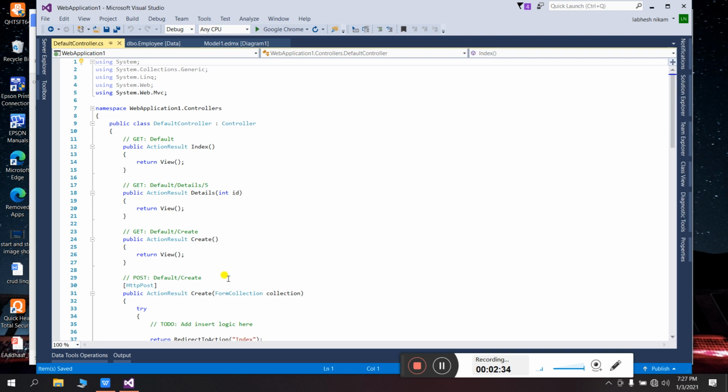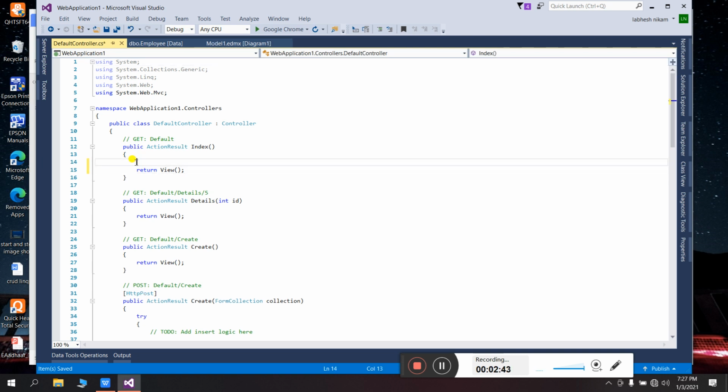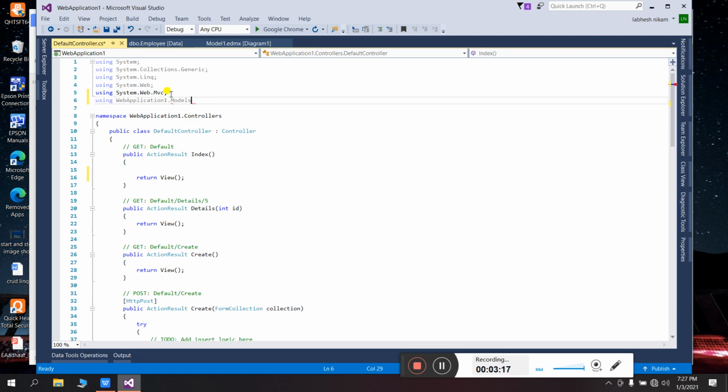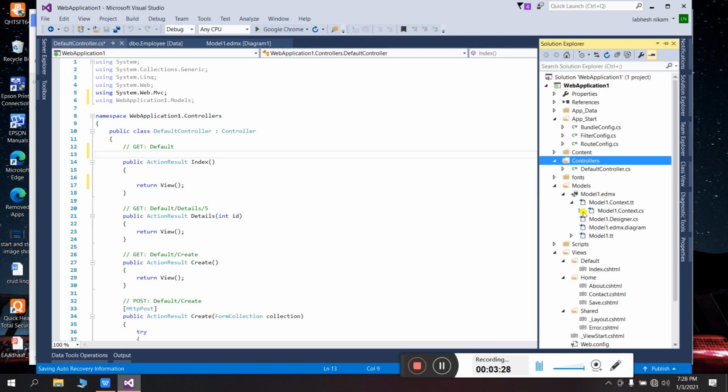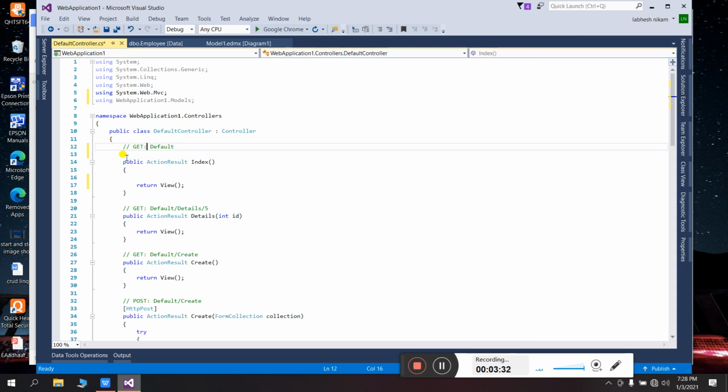So here is the Index method, the Details method, all the methods are here. Now I will use the Index method and add the models namespace. Before that we will add the entities. What is my entities? Here in the context class, Kusum entities.